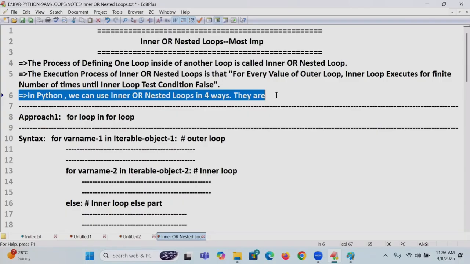Example, going on the way. Where we are going, you don't know. One more is going on the way to the home. That is called